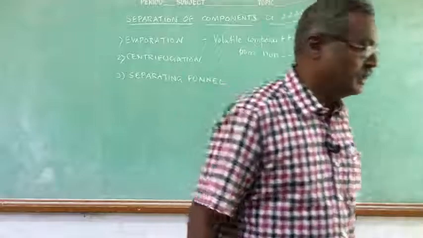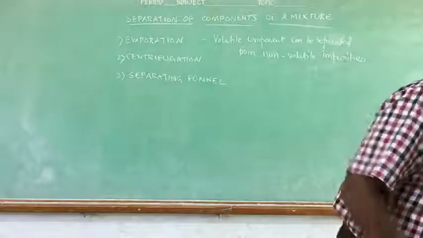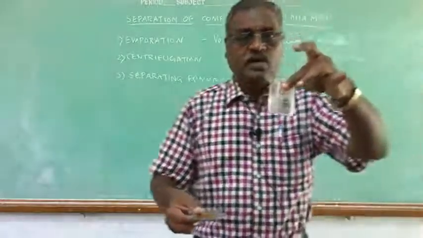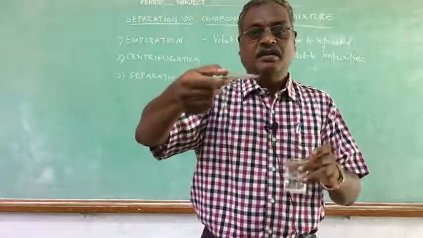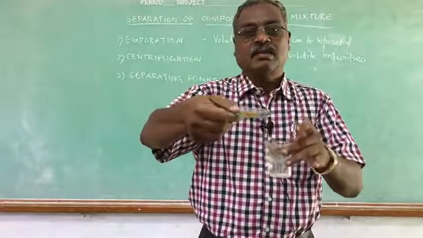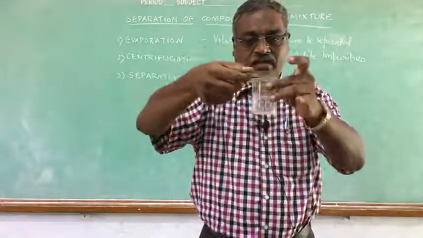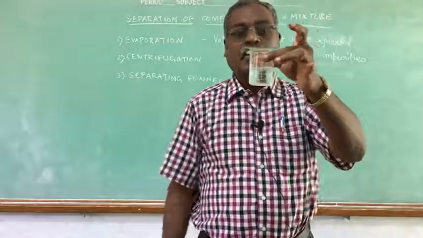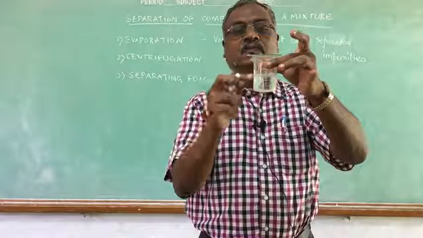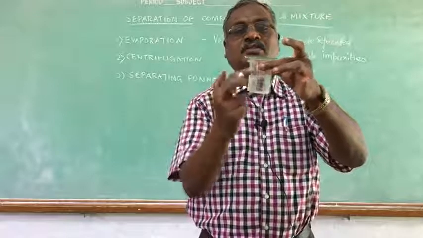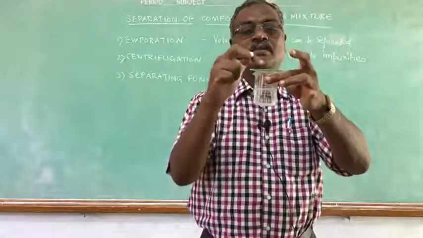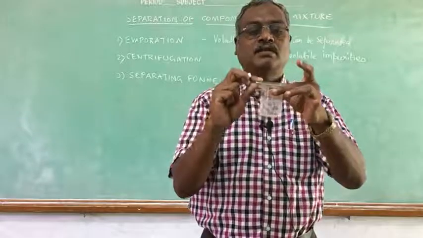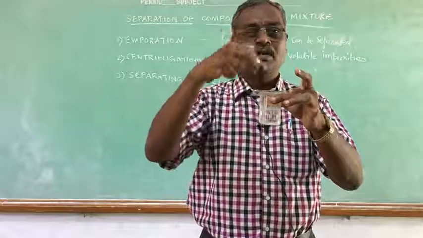So, here I brought a beaker. In the beaker I am having water, and this is a china dish. Above the china dish, I am keeping some red ink. On heating the beaker, what happens? Water will vaporize. So you will get steam here. After some time, what happens? The red ink will boil, and while boiling, it will vaporize.